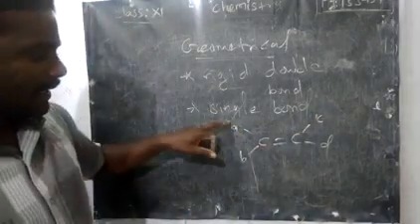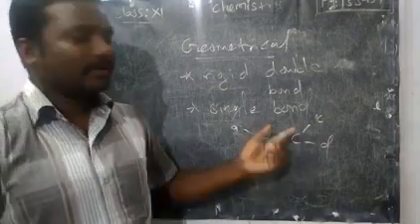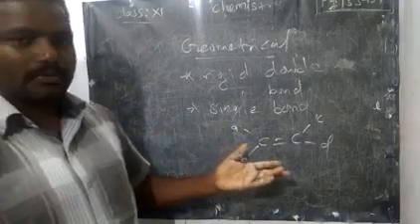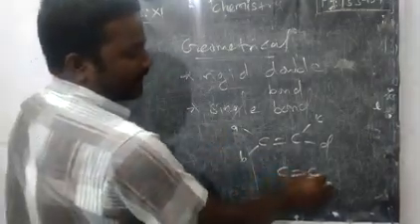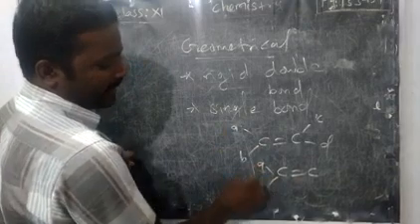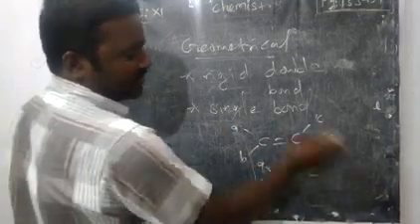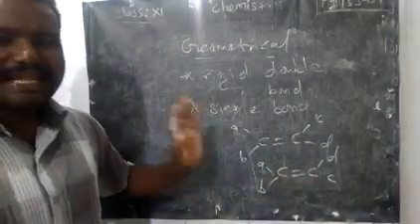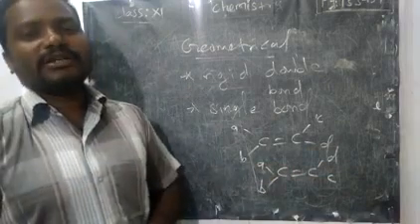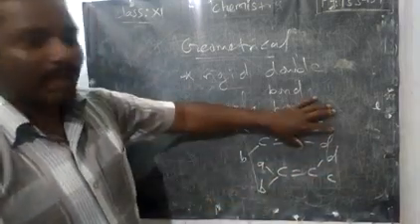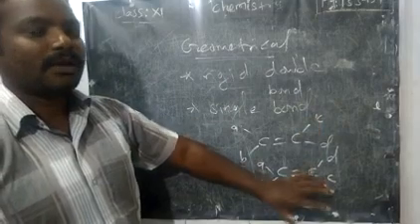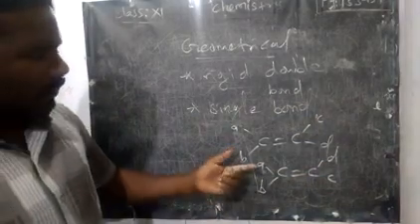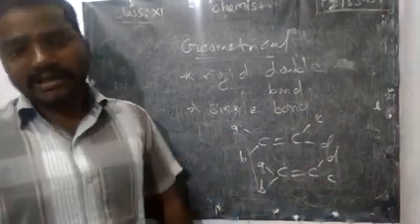See, one carbon is connected with A, B. In the same way, another carbon is connected with C, D. Now the position is different. We can write another format. What is that? Here we can keep it the same, but here you just change the position of C and D. What will happen? Both are the same type of linkage with carbon, but this is one type of arrangement, this is another type, okay? Right. So further we are going to call this arrangement cis trans arrangement, okay?